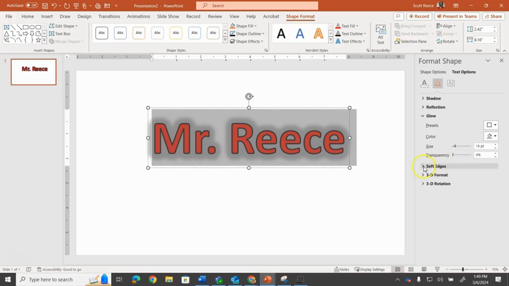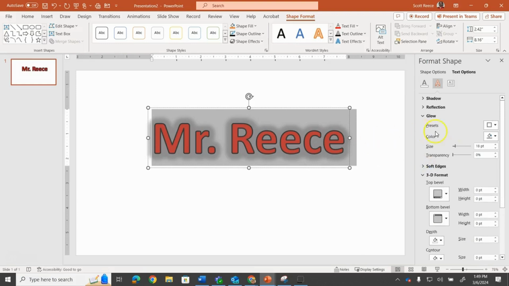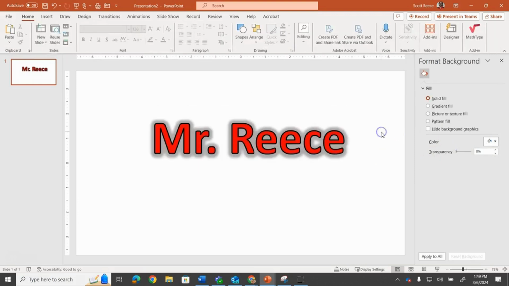I'm going to turn the soft edges off. Oop, they're off. And what we end up getting here is, to an extent, that third color